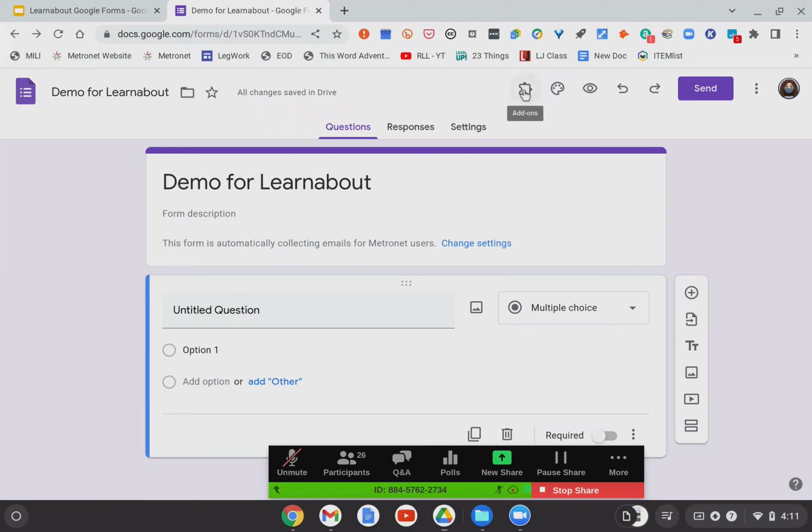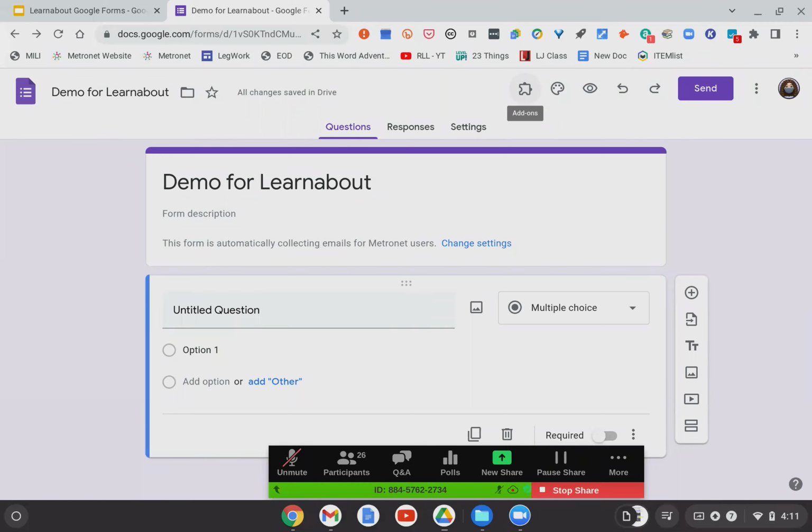This is your add-ons tab. This one we're not going to spend a lot of time in. Add-ons are more of advanced features. There's a lot of things. And if you were with us last month when we did Chrome extensions, Chrome extensions are add-ons that you can add to your Chrome browser to kind of customize it to the way you want it to be. You can also do that within forms. So there are add-ons that are specific to forms. So you can customize it to look the way you want or to create a certain template or whatever it is that you're looking to do.